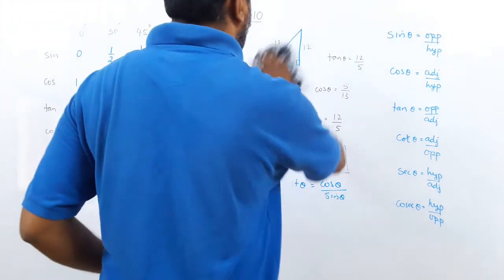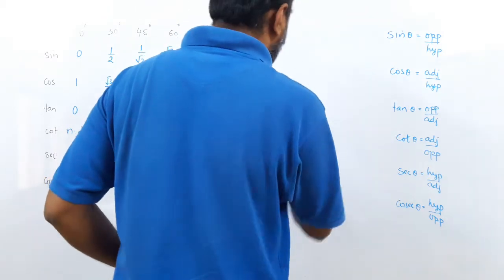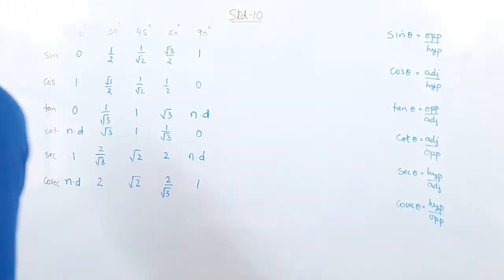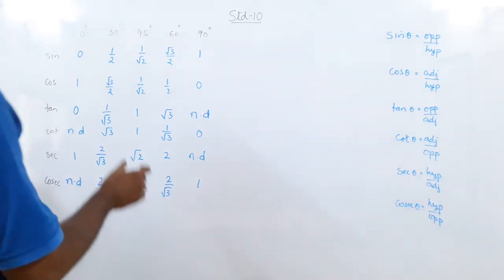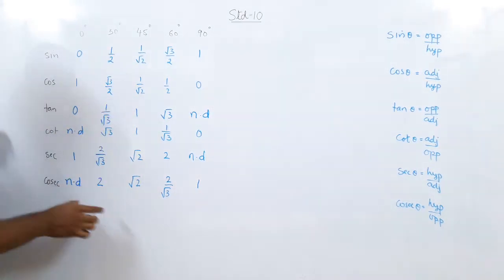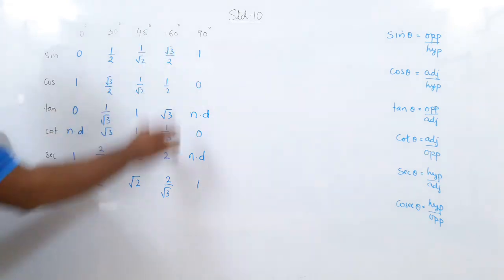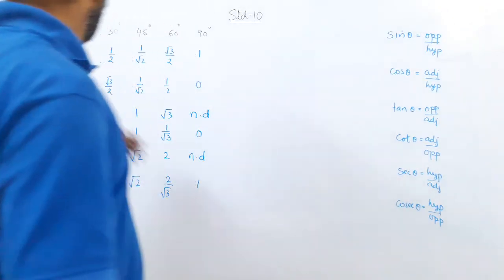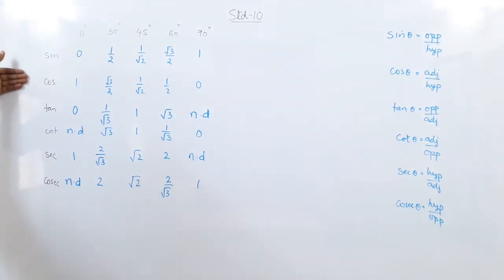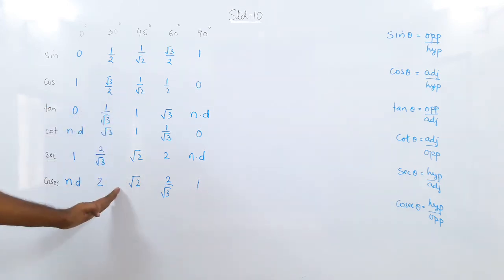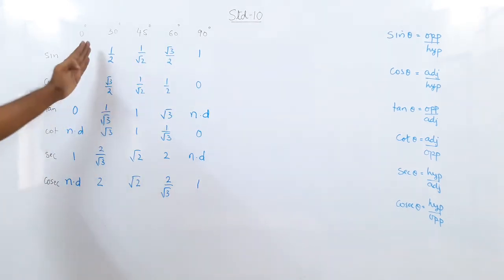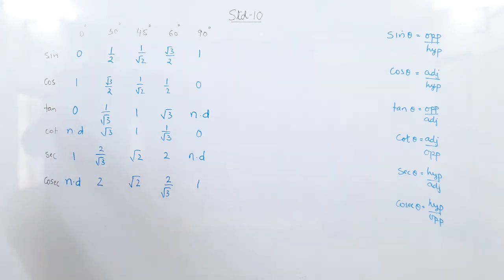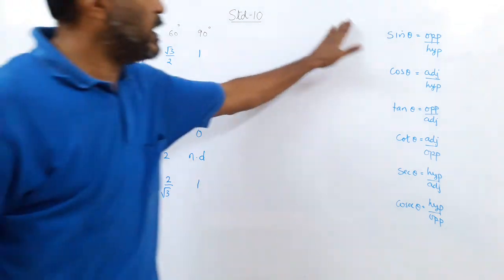And remember, to complete the table what we had done. We had already got the measures for what? We knew the measures for 30 degrees for all of them, 45 and 60. But for 0 and 90, we used a few relationships. And now you can check. In the previous video, we had found out tan 45, cot 45, sec 45, cosec 45. We had found out 60 degrees also. We had found out 30 degrees also by the earlier method, the triangle, equilateral and isosceles. But here I did it by using identities.